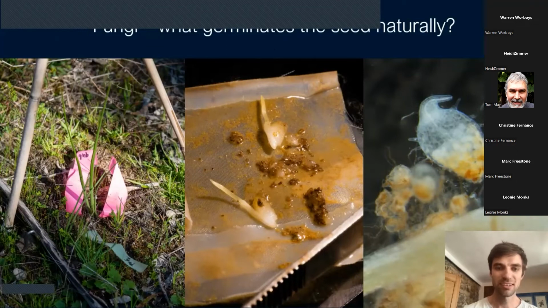Watered them every couple of weeks because it never rains when you're doing a seed baiting study, and had great help with that from the City of Wangaratta. And then dug them up in spring. And you can see here wonderful germinating leek orchid seedlings and protocorms, these germinating seeds.